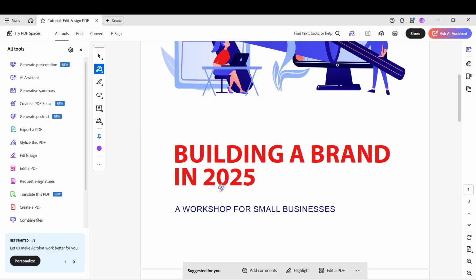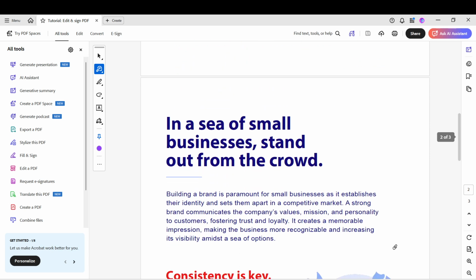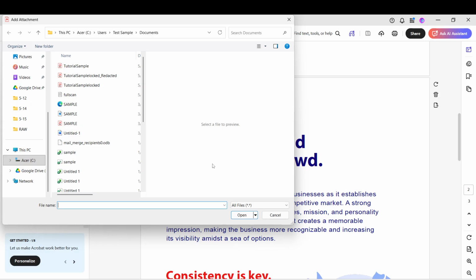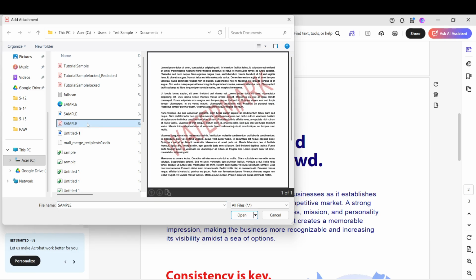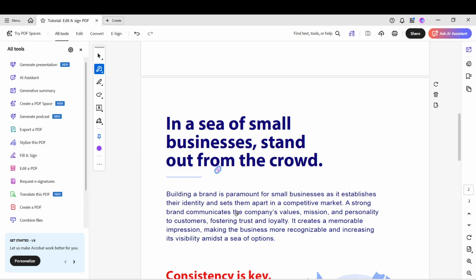With the Attach File tool active, click anywhere in your PDF where you want the attachment to live. A file browser window will appear. Navigate to the item you want to attach. This can be another PDF, an image, a spreadsheet, or most common document types. Select the file and click Open. If prompted, confirm any security or display options. For clarity, it helps to keep attachment file names descriptive and tidy, so recipients immediately understand what they're opening.